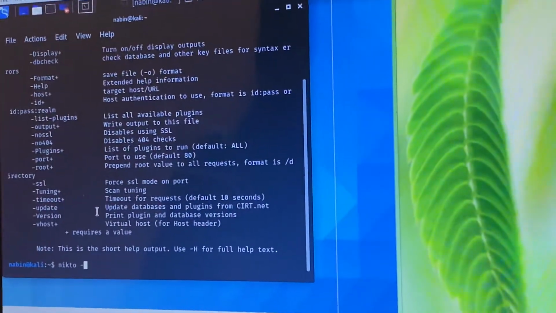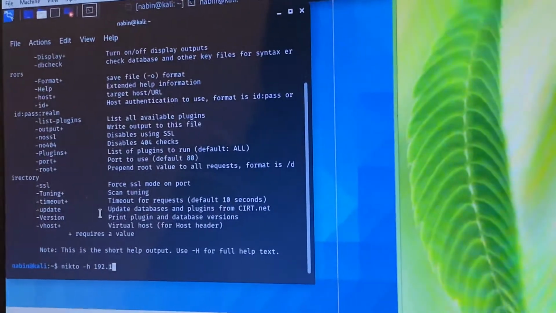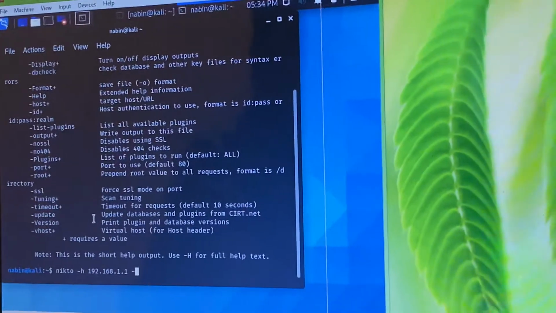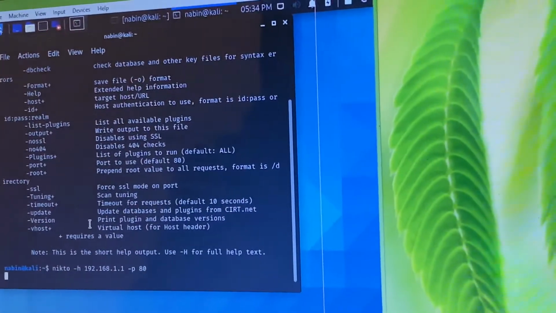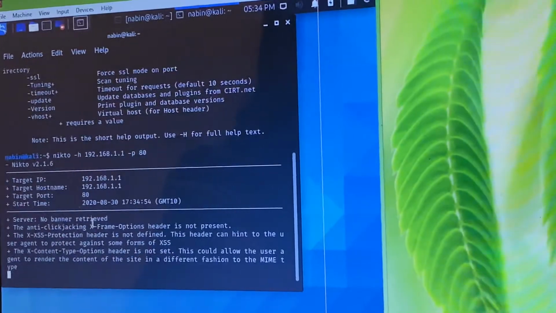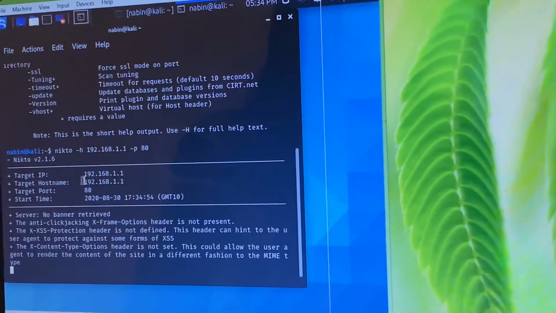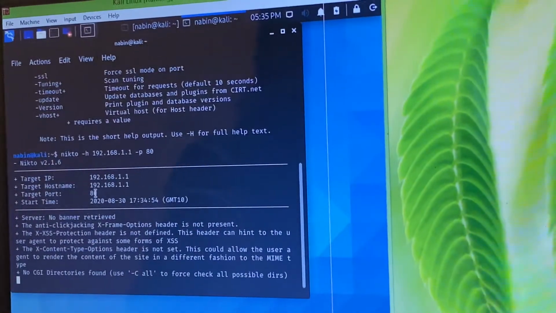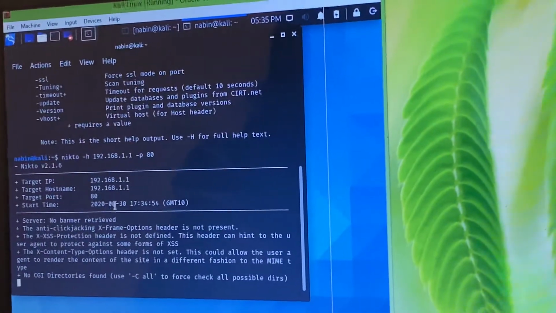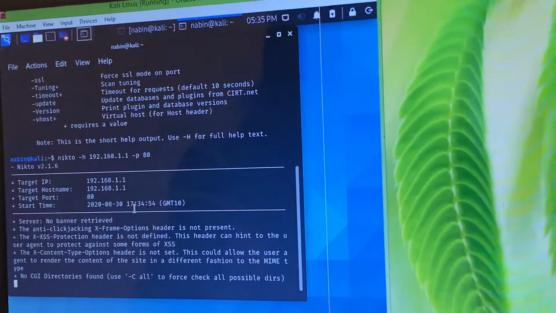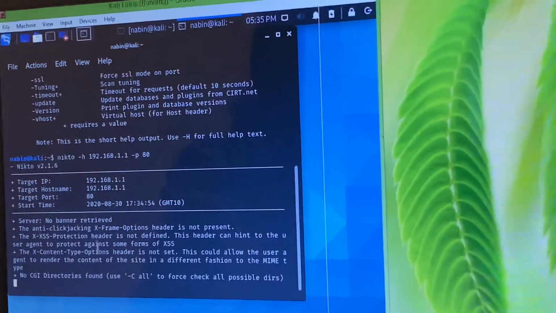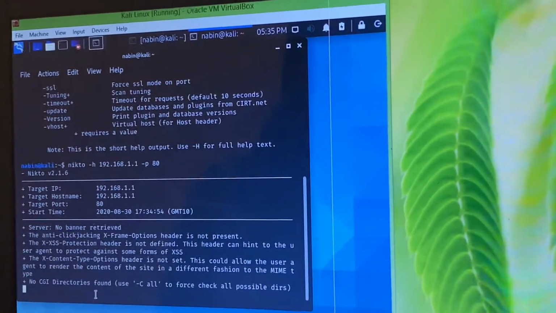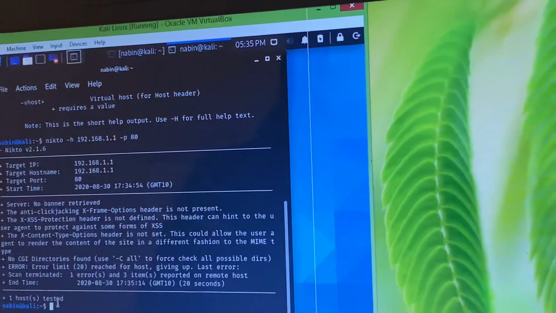We are going to start with finding a host or IP address for any system like nikto -h 192.168.1.1 -v -p 80. The target IP address is 192.168.1.1 and the target port is 80. The start time is 2020, 8:30. This will give all the information about the server name, IP address, and what it is going to do. One host is detected and the end time is